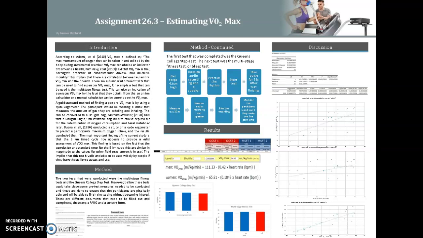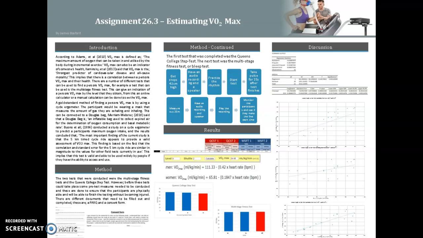Another test that can be done is the Queen's College Step Test. This is a submaximal test, whereas the multi-stage fitness test is maximal. When it's submaximal, it's working at less than 180 beats per minute. For the Queen's College Step Test, there's a 3-minute recording, and then there's a metronome. It's a different pace for men to women, and the metronome beats, and the participants have to step up and step down, both feet onto the stool and both feet off, and then you take the 15-second resting heart rate. However, this will be explained more later on in the method section, but it's just another indication of a test that can be done.